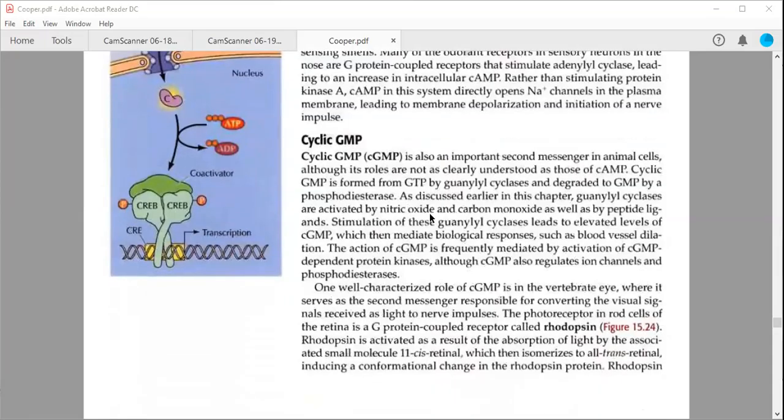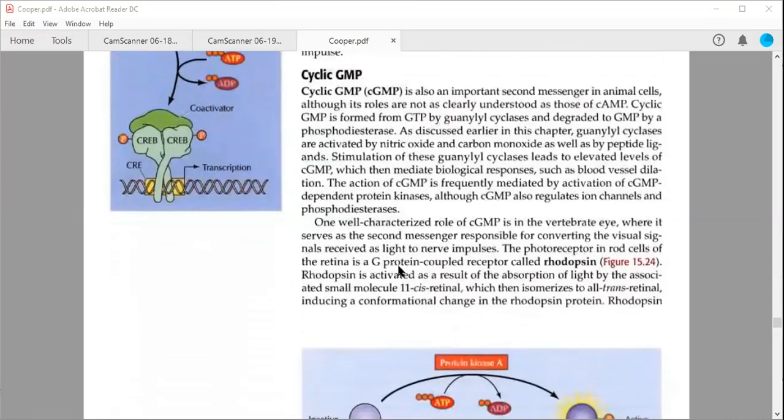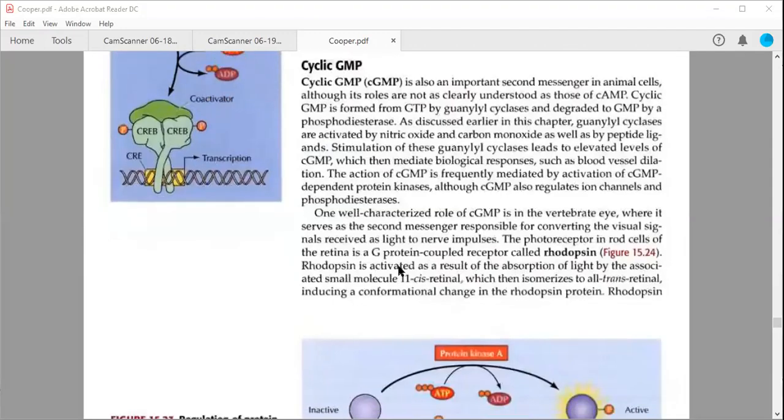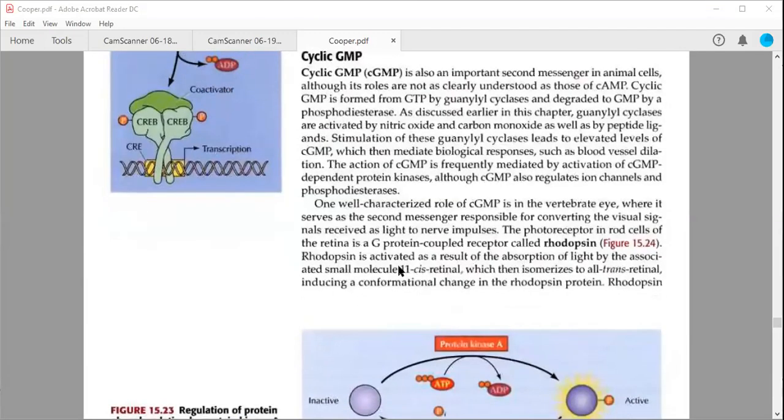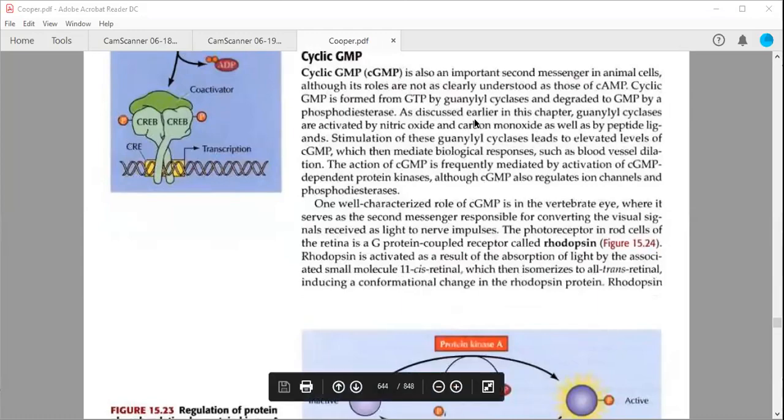And actually, the second portion which we are going to discuss in today's class is cyclic AMP. I discussed it a little yesterday also, but today also I will tell you more about cyclic AMP. So cyclic AMP and cyclic GMP both are secondary messengers. Okay. Just as cyclic AMP is produced and regulates, similarly cyclic GMP also plays its role in regulation, but with some other GPCRs, not in case of